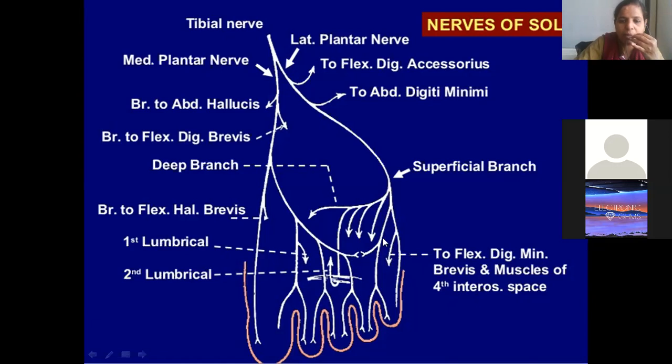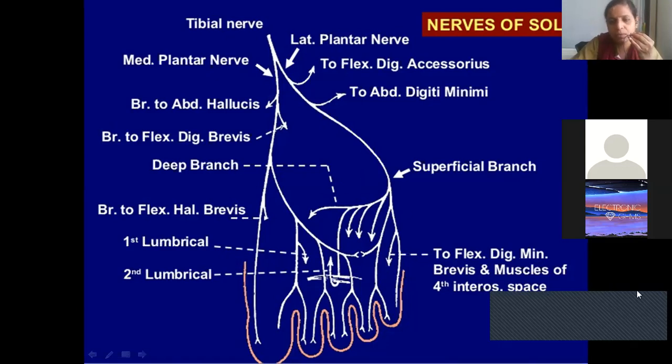So there is one more common plantar digital nerve. It goes into the last web space, the interdigital cleft, and then it also divides into proper plantar digital nerves, which supply the adjacent sides of the fourth and fifth digits. This is the fourth one and this is the fifth one. Practice this diagram slowly. Of course, I will elaborate much more. Don't worry, but this is the summary picture.